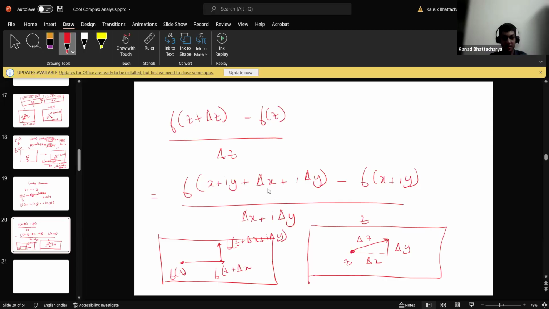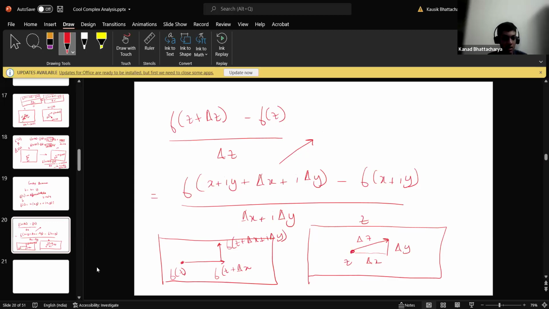Now what we can do is decompose this in a very, very rough sense. I'm not actually stating the theorem here. What I'm trying to get to is the concept of total differentiability in the case of multivariable calculus. I'm not going to go into the exact details of it, but if you think about it intuitively,